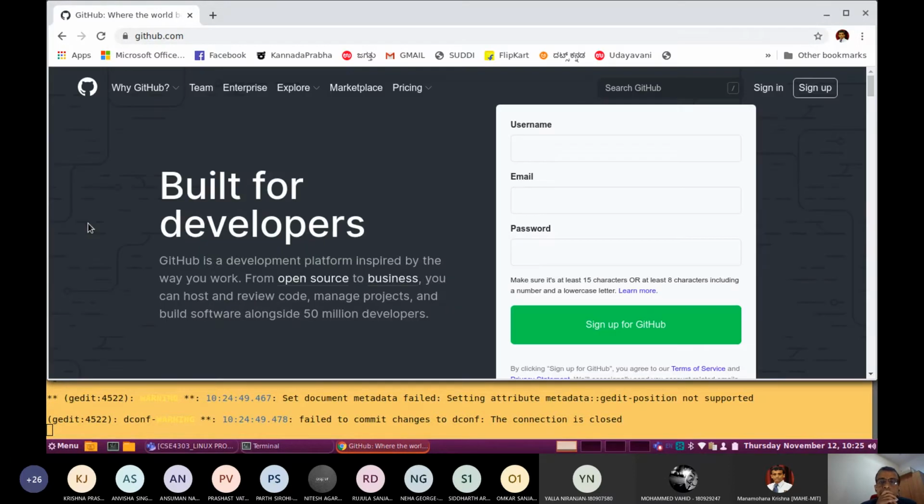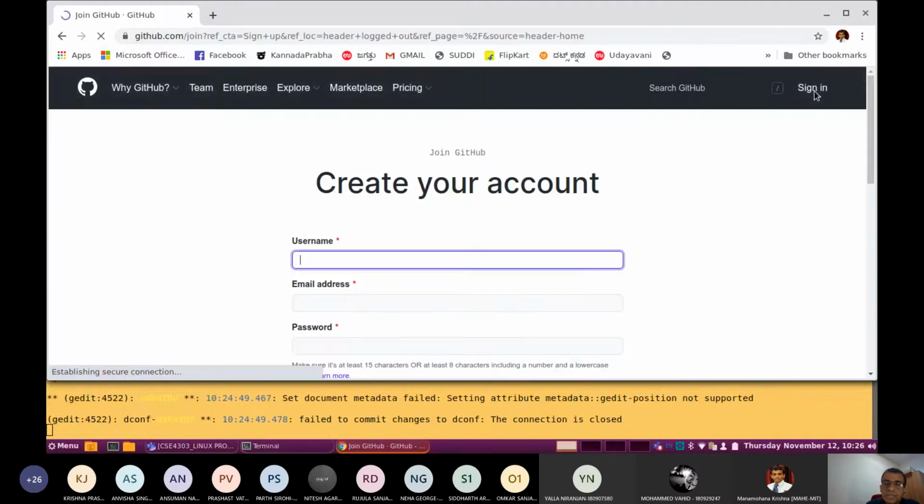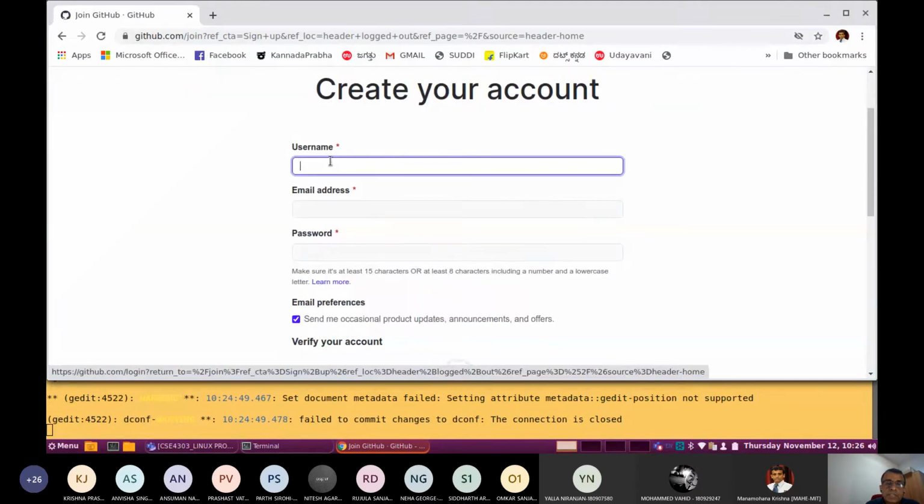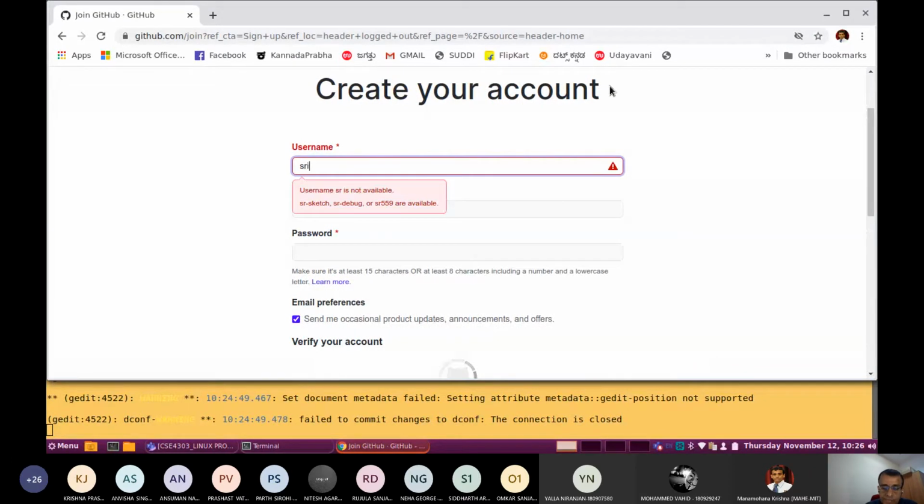This is where you can create your own user account. If you already have one, you can log in with your user ID. Otherwise, you can sign up. Here you can select a username. You may have to try a unique user ID.